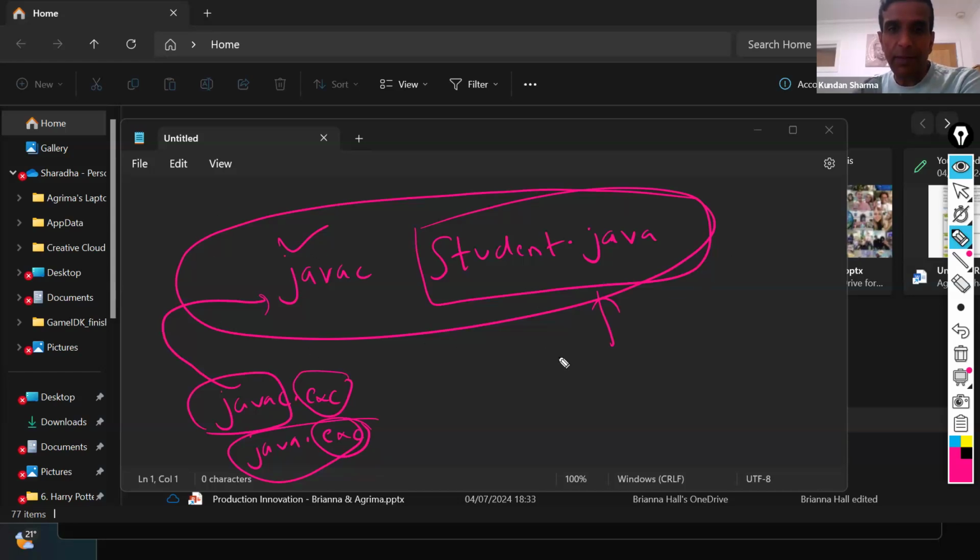When I execute this command, I do not have to type it explicitly. IntelliJ has the intelligence, it knows where that javac is located. IntelliJ will read the environment variable, and from there it will figure out where the javac file is located, and under the hood it executes the command javac student.java, and it creates a file called